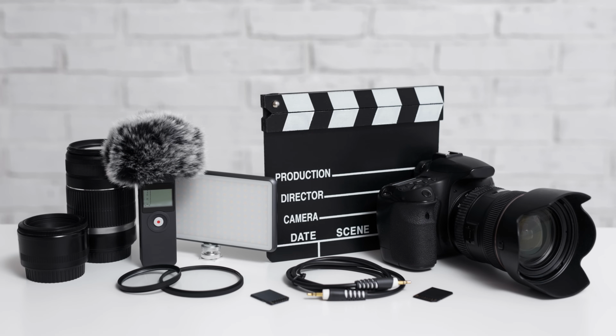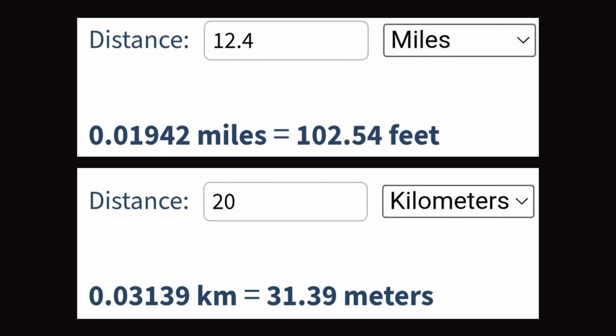All right, now let's talk about long distance videography. And the following footage I'm about to show you is also a Guinness World Record. And you will see it in a moment. The guy recorded himself from 12.4 miles or 20 kilometers away. Here is the calculation again. There should be 102 feet or 31.39 meters of curvature. Meaning the guy shouldn't be visible at all, but you will see that even his shoes are visible in the